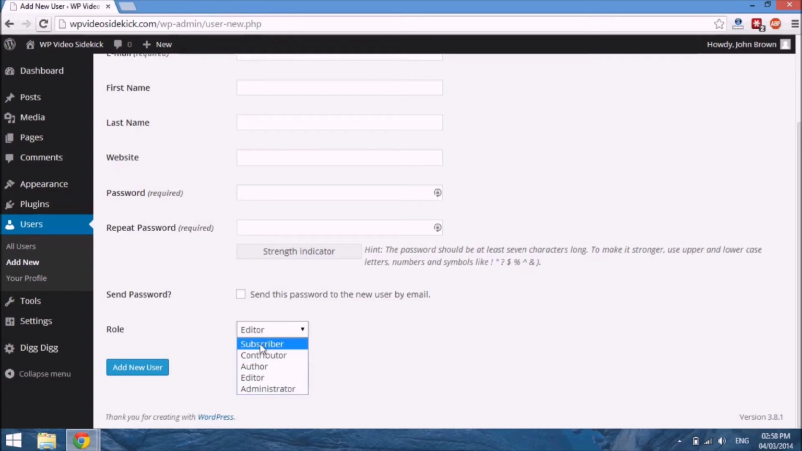And last but not least is the role of a subscriber, and the subscriber is basically only able to view content that has been created on your site. Okay? A subscriber would not be able to create content or edit content. They'd just be able to view. Okay? So,